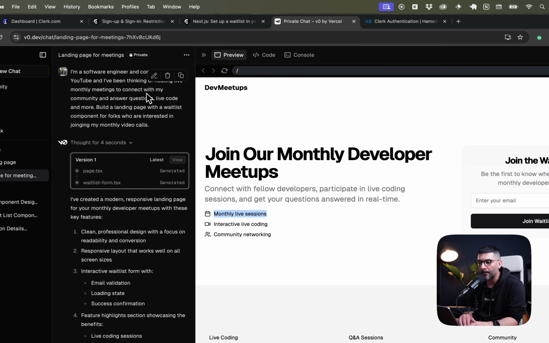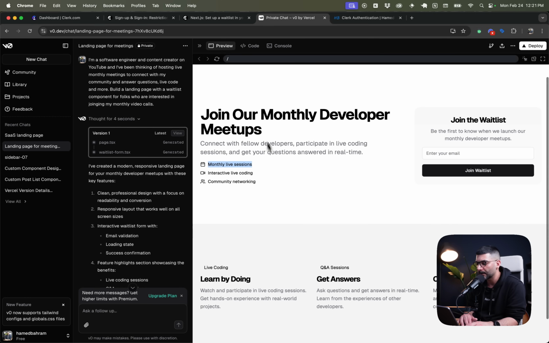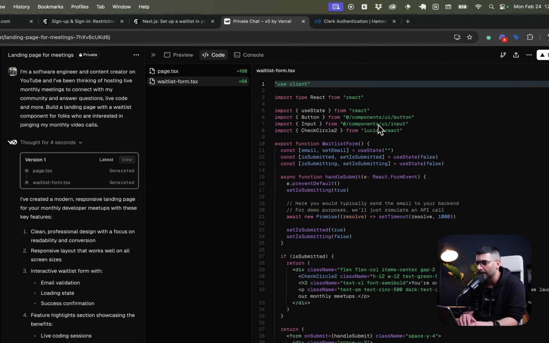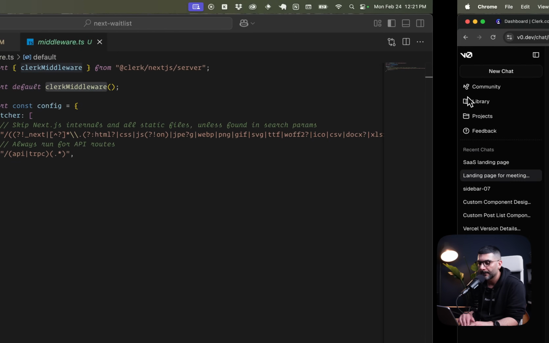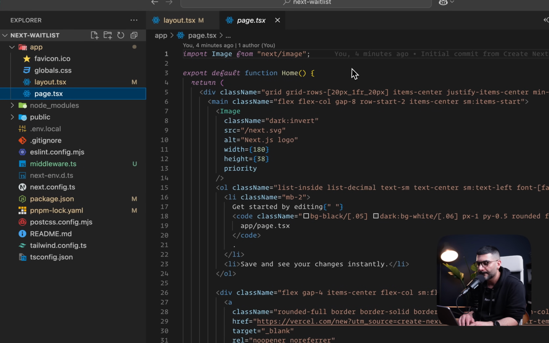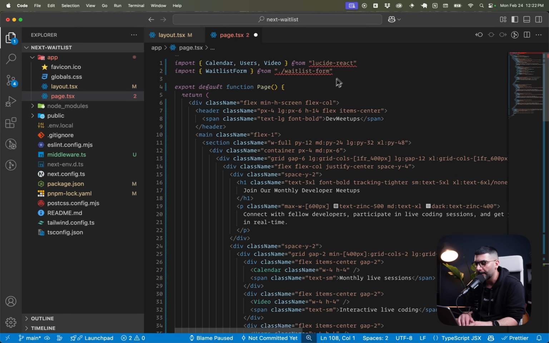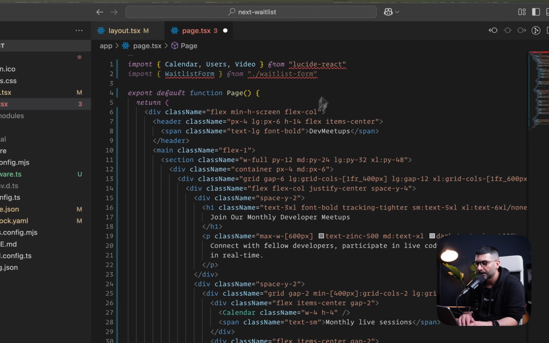I have given a prompt to v0, which is an AI tool from Vercel to build apps using shadcn and components, to just build the landing page for our meetup, monthly meetup thing. And I'm going to copy the code that we have here to our homepage. So let's see what we need and if this works. Let's comment this out, and we need Lucide React,